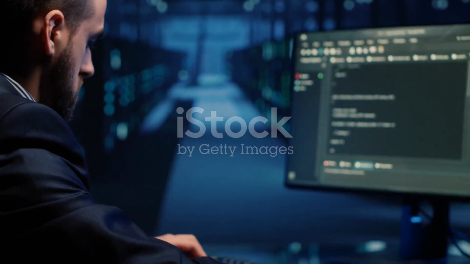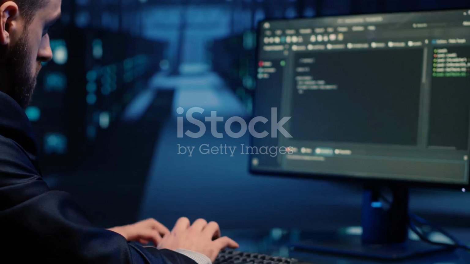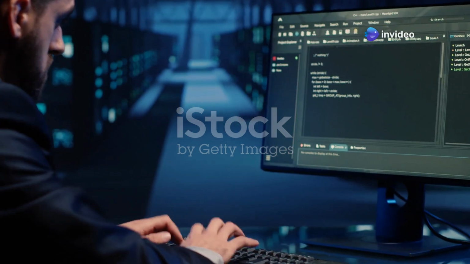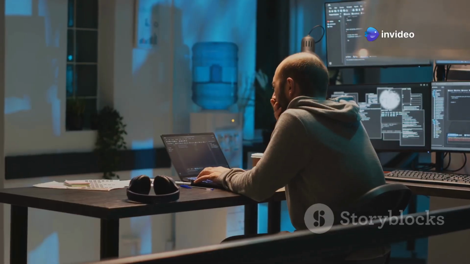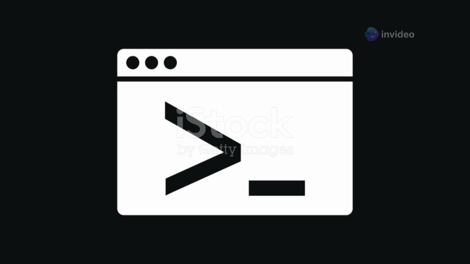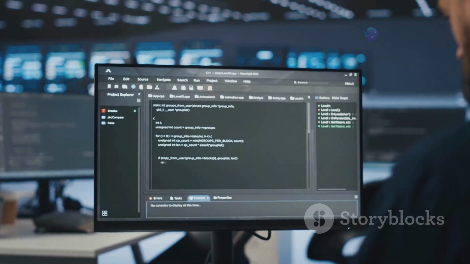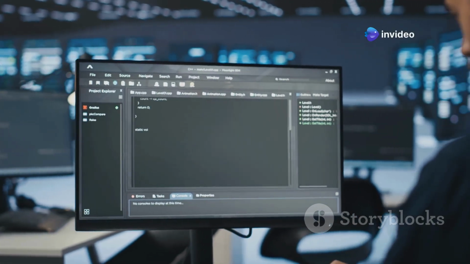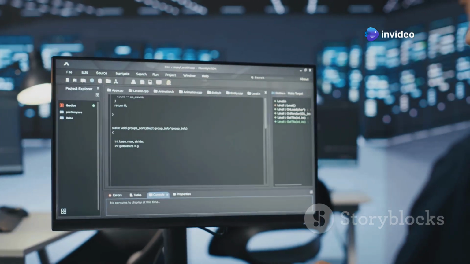The MySQL command line tool provides a text-based interface for interacting with the database. It allows you to execute SQL queries and manage your databases directly. To access it, you'll need to open a terminal or command prompt on your system. Once you have a terminal open, you can start the MySQL command line tool by typing mysql, followed by the